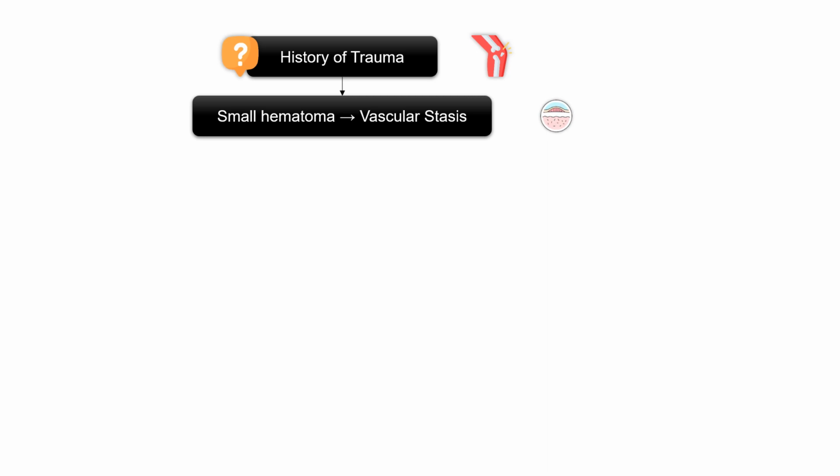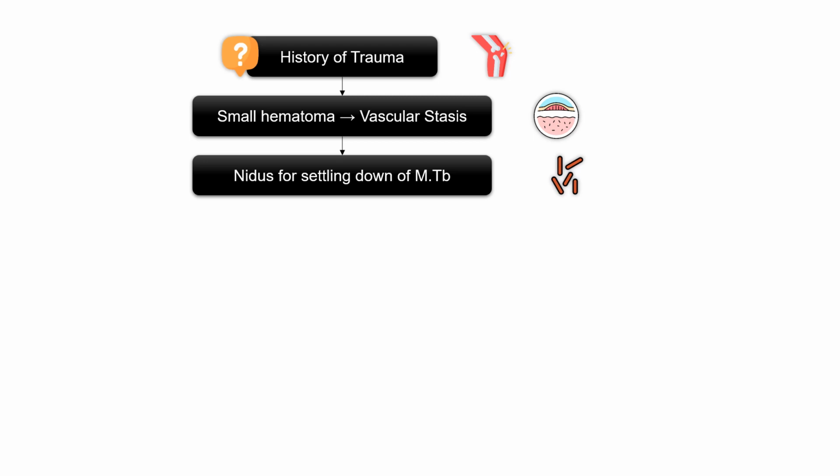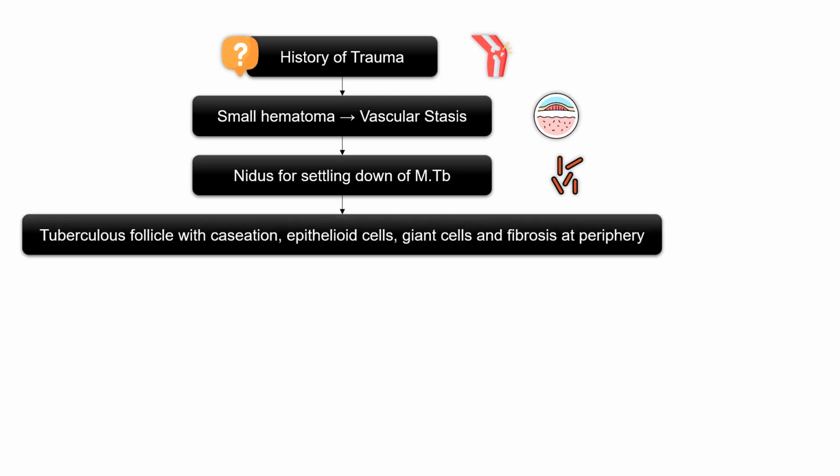So how does it happen? There is usually a history of trauma, but it may or may not be there. It is questionable, but usually there is a history of trauma which leads to a small hematoma and vascular stasis in that area, which leads to formation of a nidus for settling down of the Mycobacterium tuberculosis bacilli, and after the bacilli have settled, it forms a tuberculous follicle with caseation, epithelioid cells,